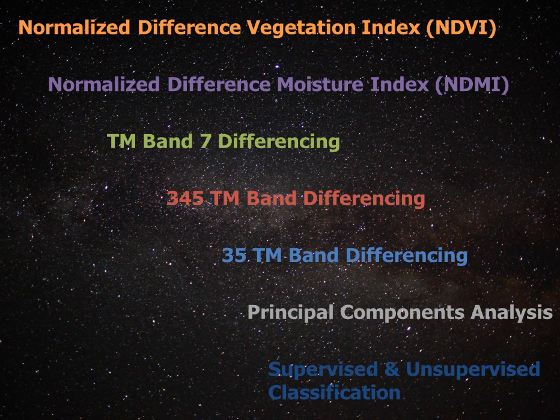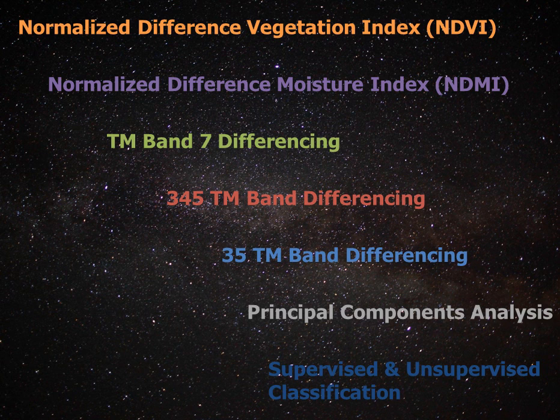And this is just probably a subset of the methods that are out there. The normalized difference vegetation index is one that's very commonly used, and it's what ForWarn relies on using the MODIS data. The normalized difference moisture index is another method that Arkansas had some luck with in the past to locate harvest sites, and then there's various other methods. TM here is an abbreviation for the thematic mapper, so the Landsat data, Landsat 5 and 7, and most of these methods